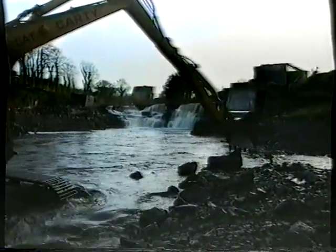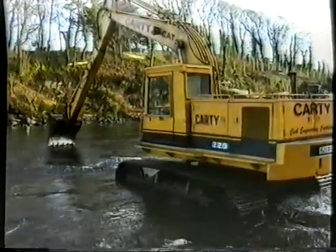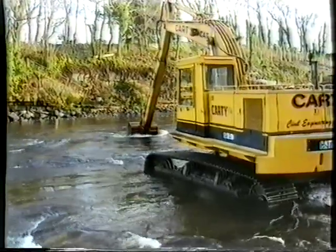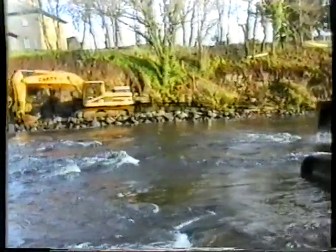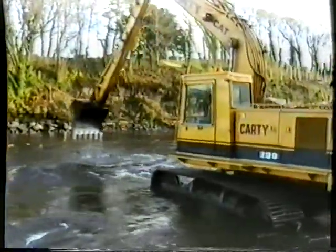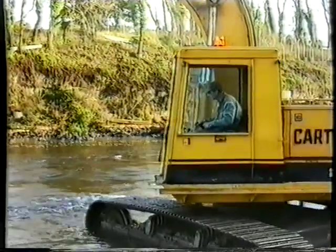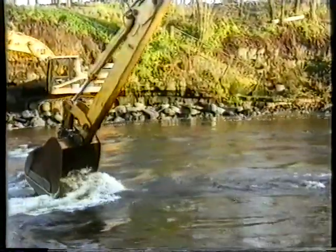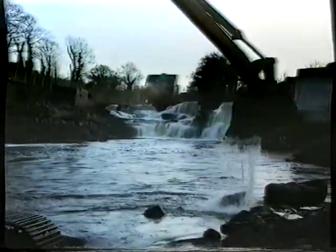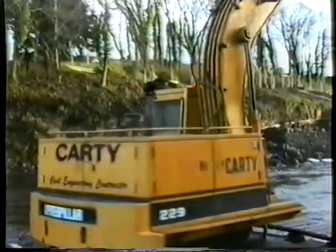I find that when people are employed on a river like John and Peter, they become completely engrossed and committed to what they're doing. And indeed, I found John and Peter to be very capable indeed, and to be very committed to the actual development. And I think it's the river itself that inspires people, whether it be anglers or indeed whether it be people who work on the river. But it has that strange magnetic power,